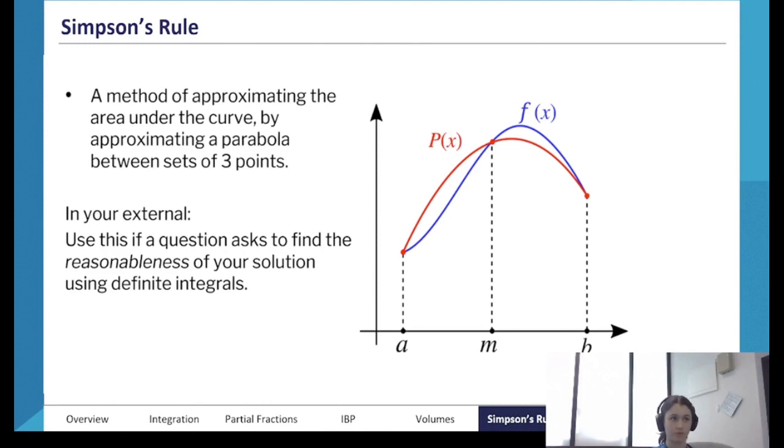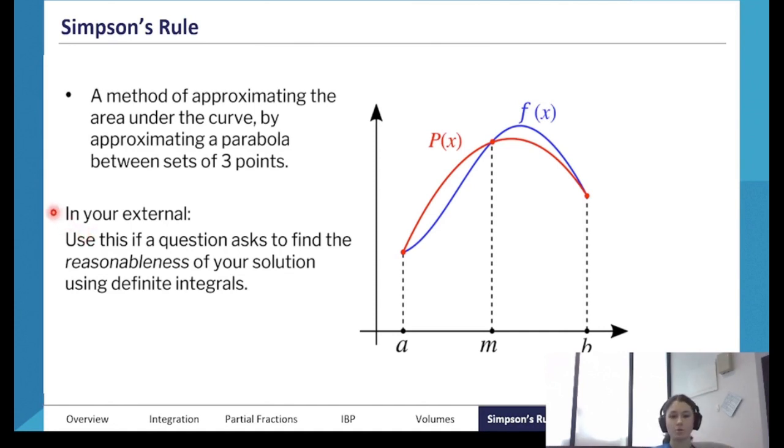Simpson's rule is a method of approximating the area under a curve by approximating a parabola between sets of 3 points. There is a formula for this on your formula sheet, and we'll get into how to use that in a second. But the thing that I want to point out